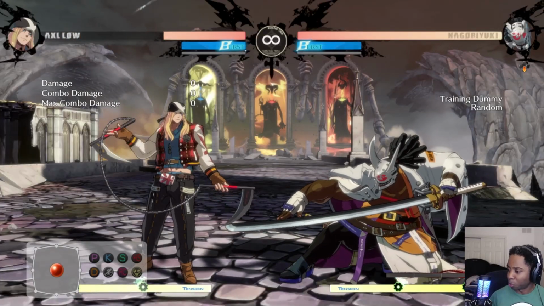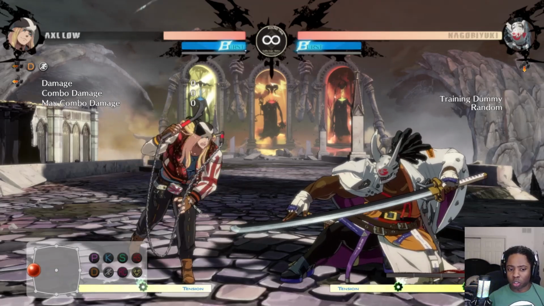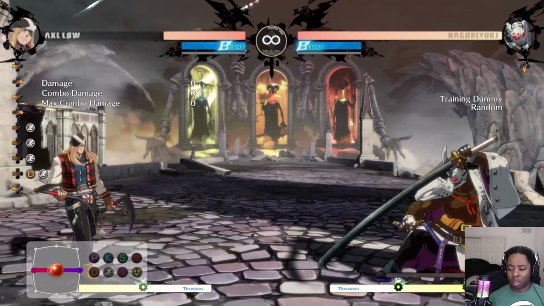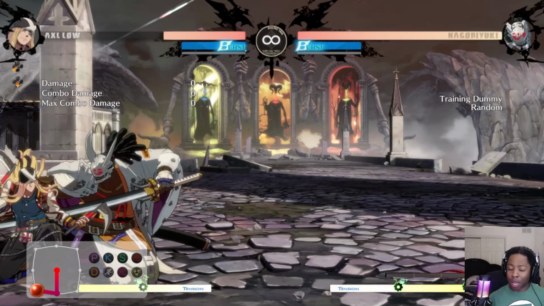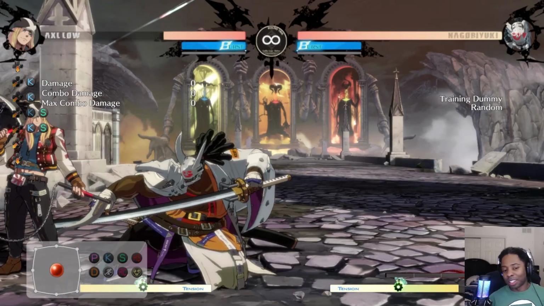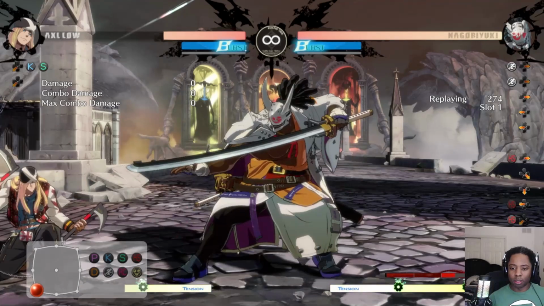So the round start is pretty good. He has a bunch of options that Nago has to look for. You get to control space pretty easily on the screen. You get to make him waste meter on this, and when you're in the corner, basically push him out, look for steps. The thing is, he can't do stuff against Axel too lazily, so